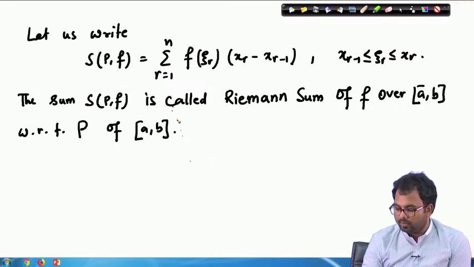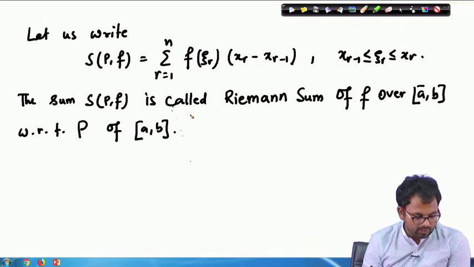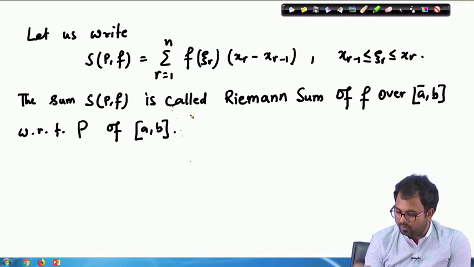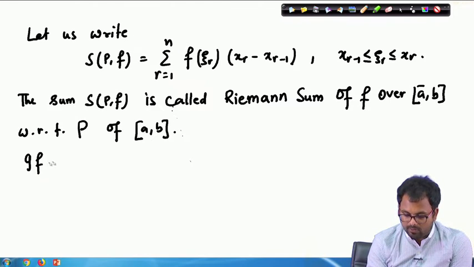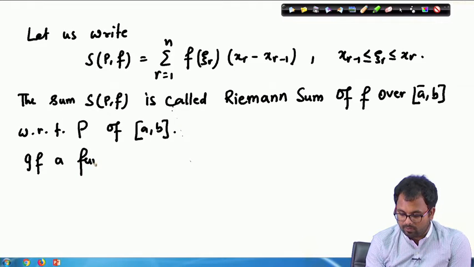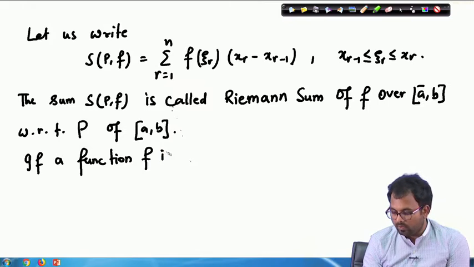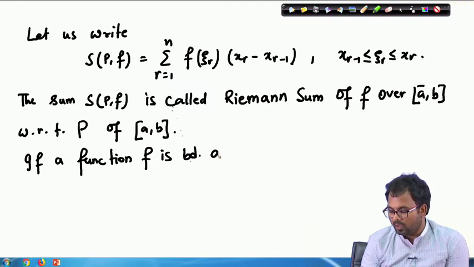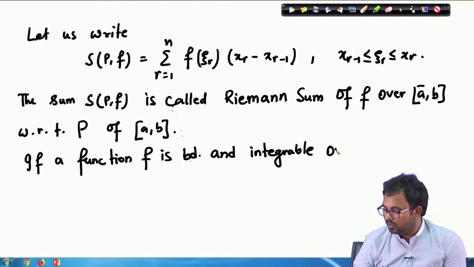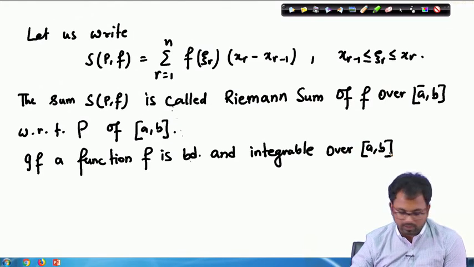Now, the above theorem can be seen in the following way: if a function f is bounded and integrable over the interval [a, b], then